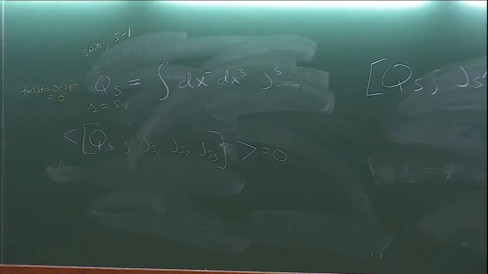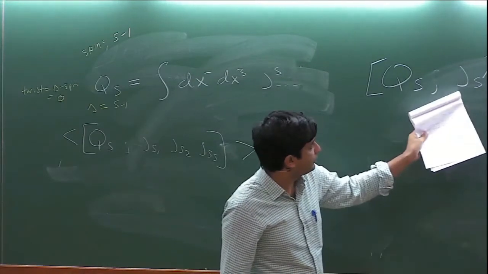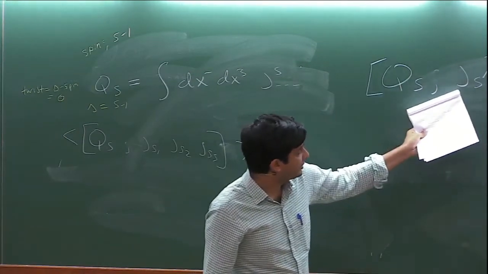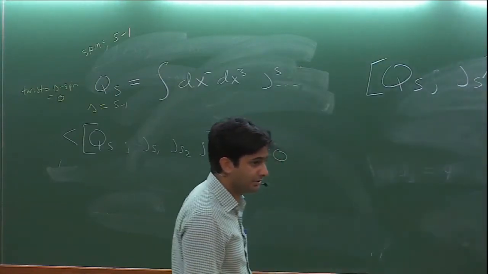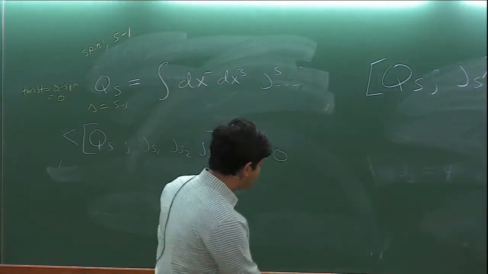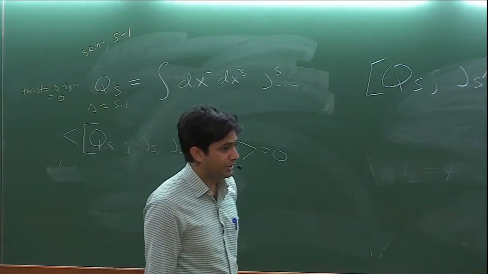Okay, so Qs has twist 0. These currents J, since delta is s plus 1, have twist 1. So Qs acting on Js prime also has to be twist 1, because it doesn't change the twist. So you can ask,